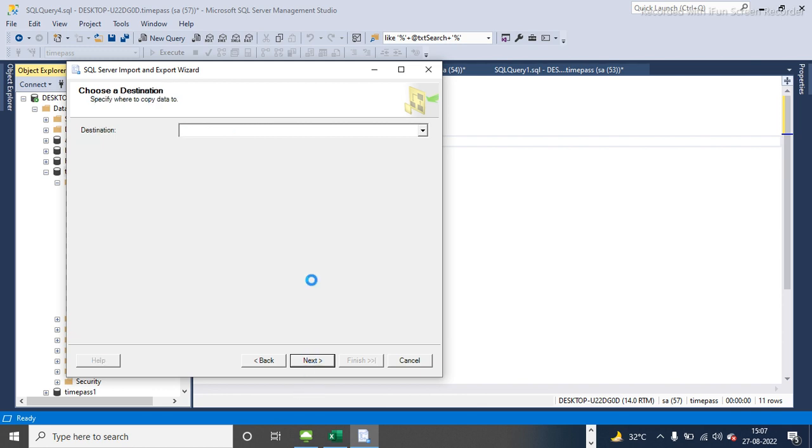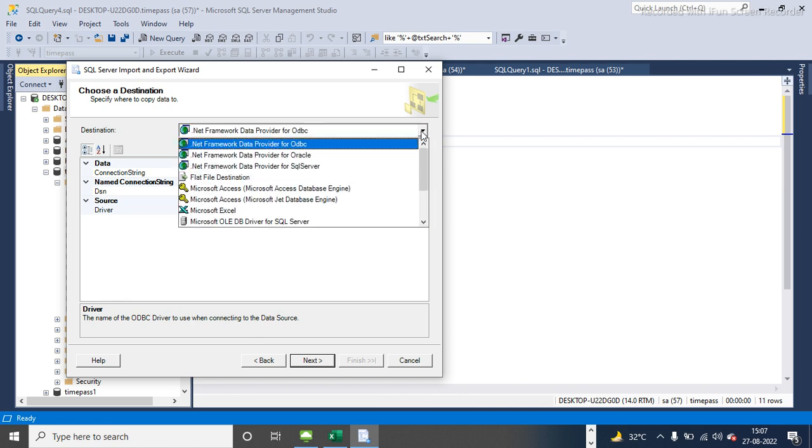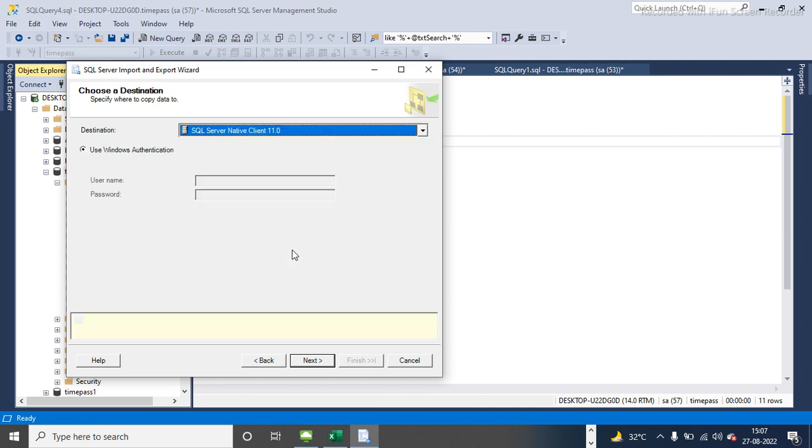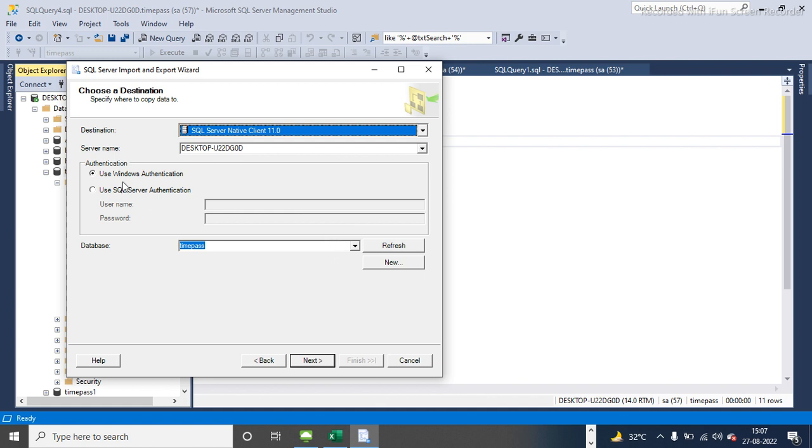Next, and here SQL Server native client. I am using Windows authentication. You can use SQL Server authentication, and this is my database name. And next,